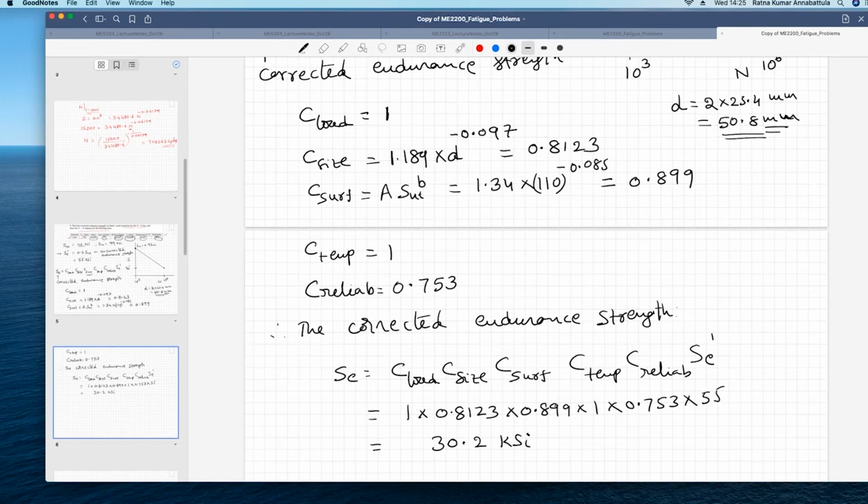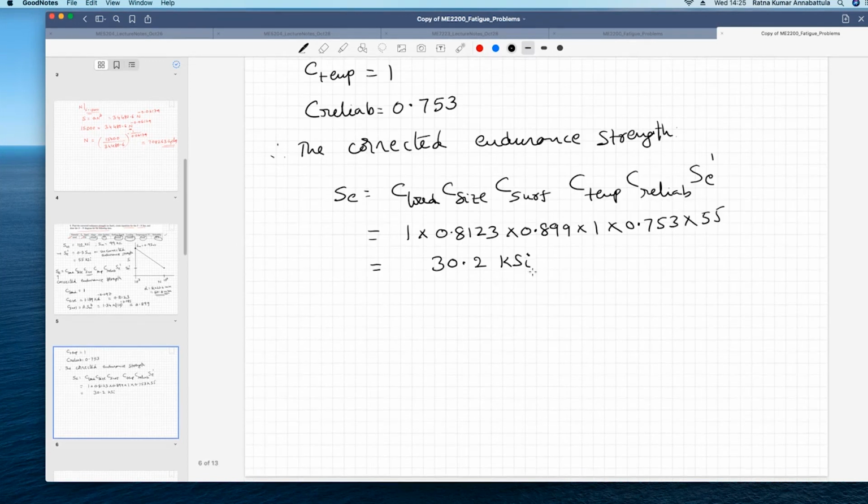So now I got, in order to construct my SN diagram, the following. So let me draw it again here just for the sake of it. We have discussed in the class that the correction factor should not be applied to SM. SM should not have a correction factor, so that remains unchanged. And SUT, you have 10 power 3 cycles. Let us say this is 10 power 6 cycles. And here you should not take SE dash, but SE, that is equal to 30.2.